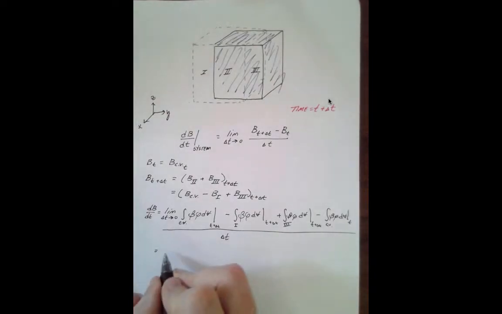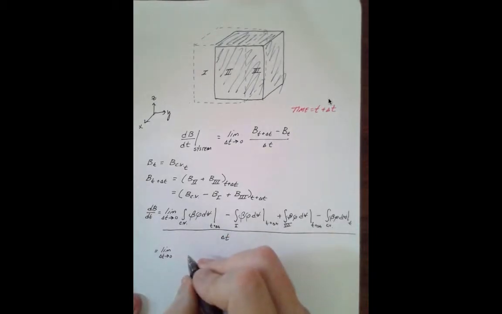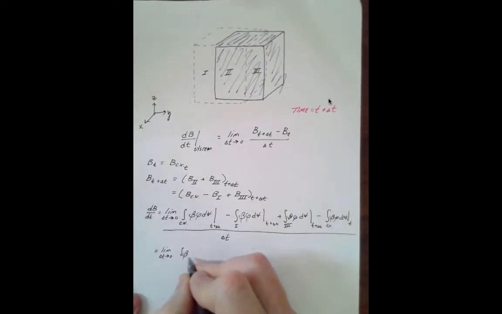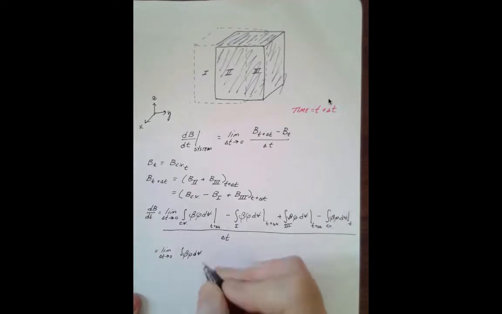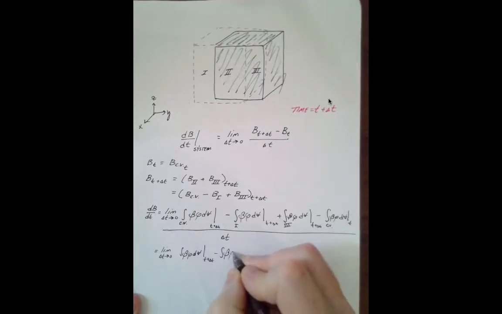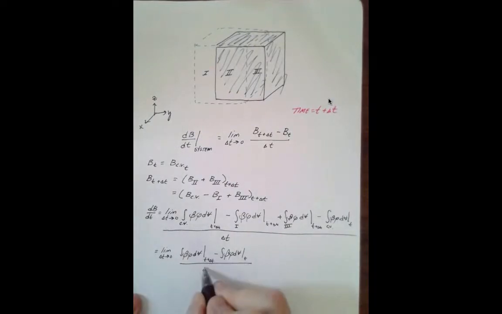This is equal to the limit of delta t going to 0 of the integral beta rho d volume at t plus delta t minus the integral beta rho d volume at time level t over delta t